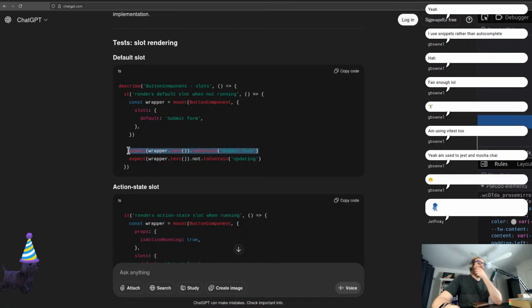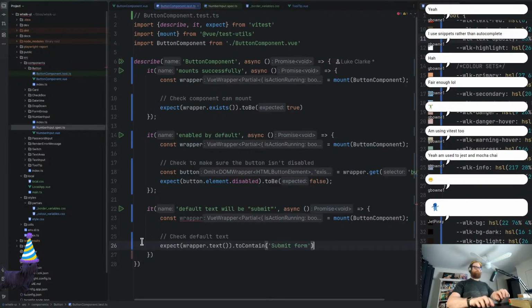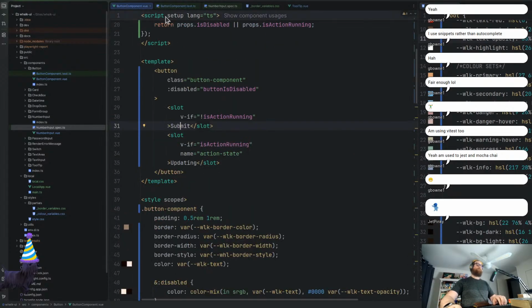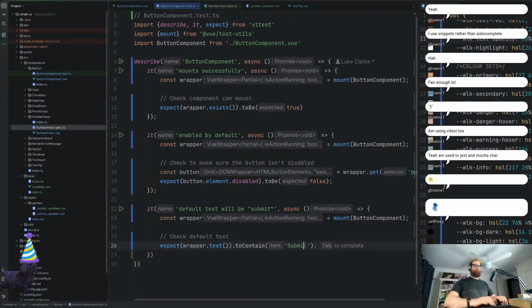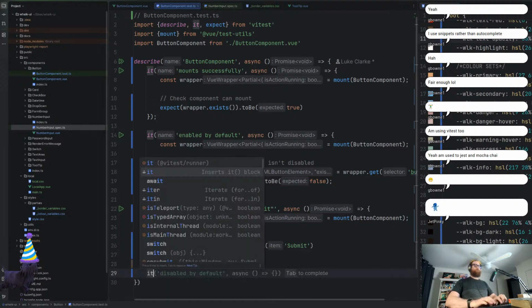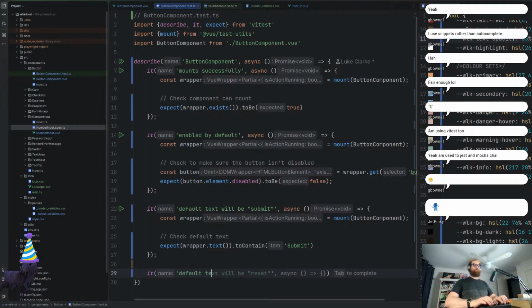Okay, cool. All right, I forgot the wrapper, the submit. Okay, cool. And then it default text,